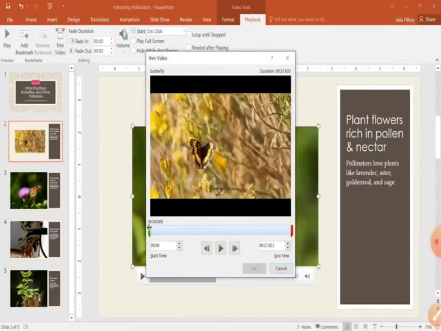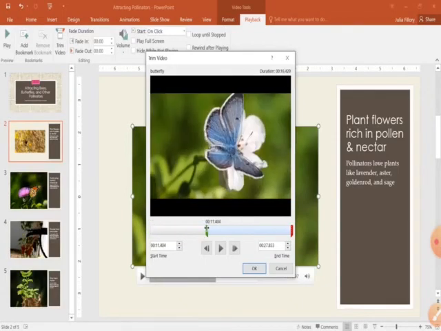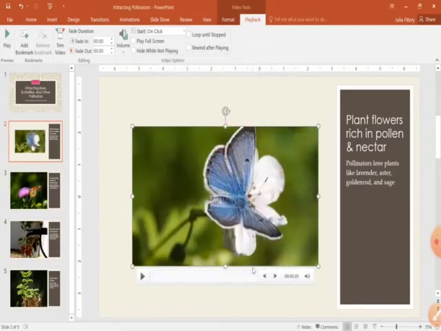Here the Trim Video option is given, and same as with the audio, we can set the part from the left hand side, which part you want to keep for your presentation. After setting this, that part of the video will be played.